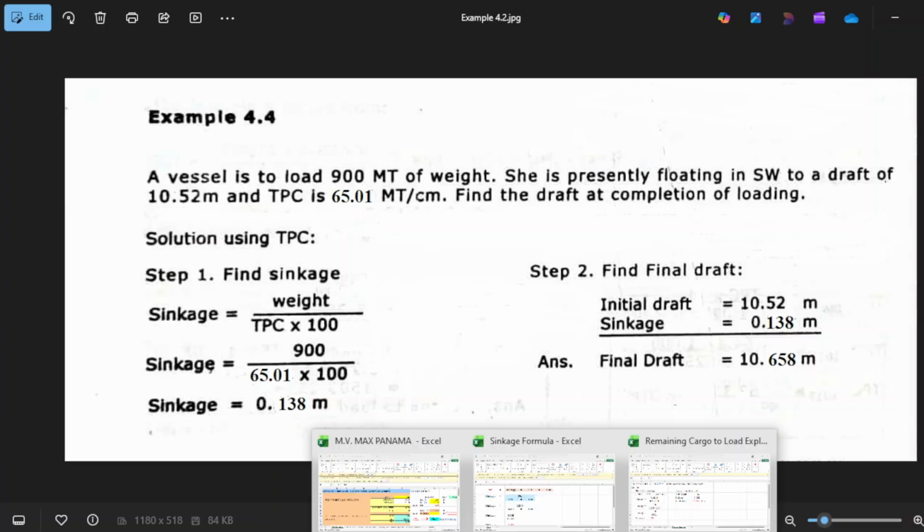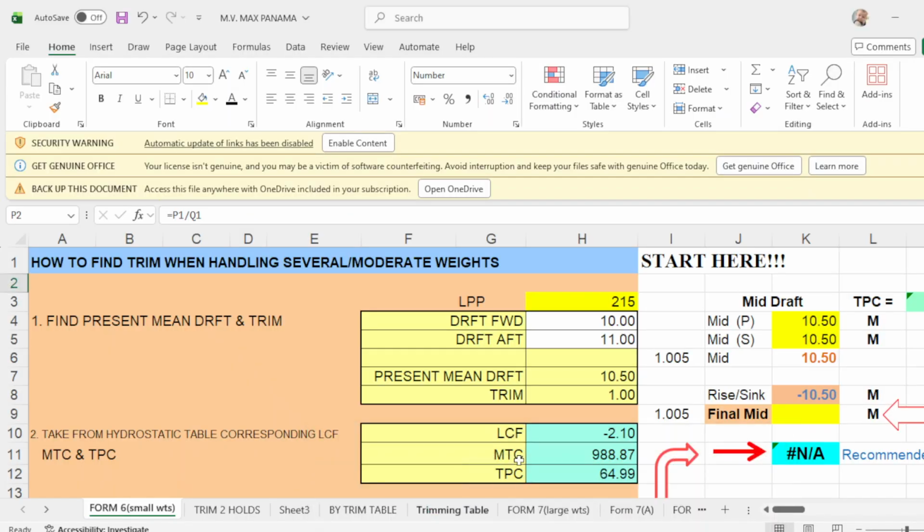So we input 10.52 forward, and aft is 10.52. Then your TPC, take note, is 6501.